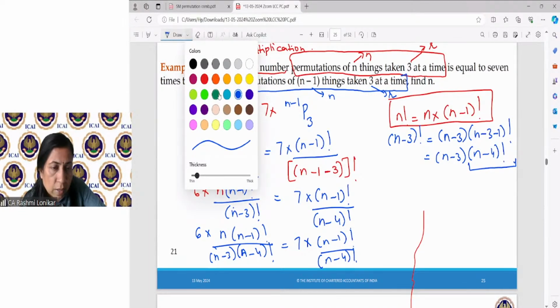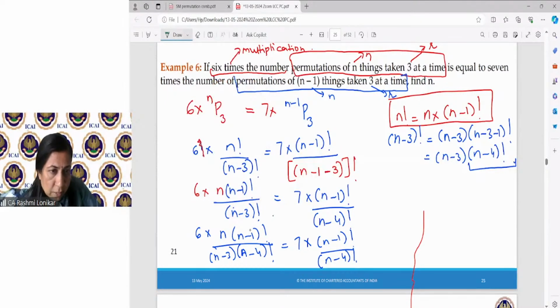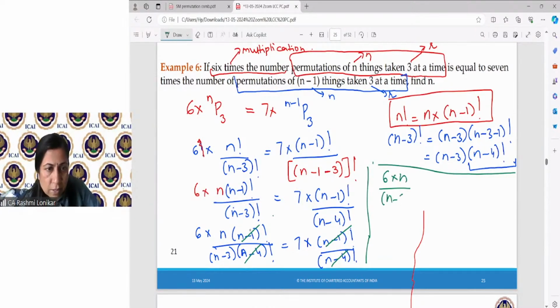Okay. Now what am I going to cancel? This n minus 1 factorial is here also. It is here also. N minus 4 factorial is here also. Here also. I have cancelled. Okay. So now what is left on the left hand side is 6 into n upon n minus 3 is